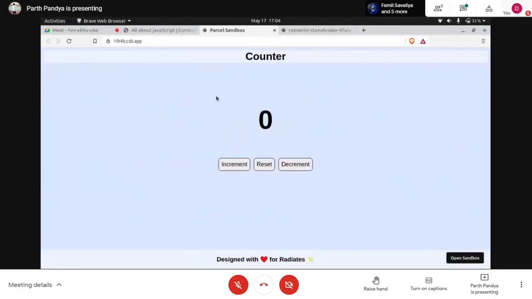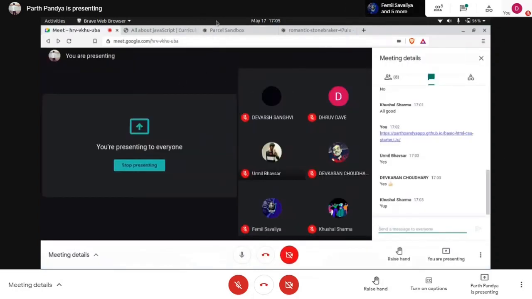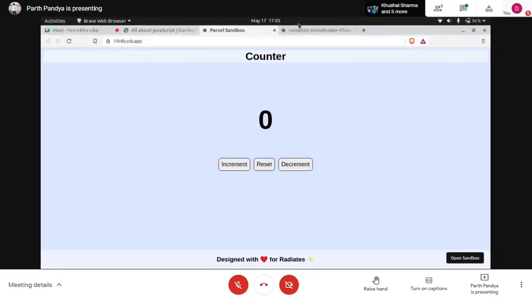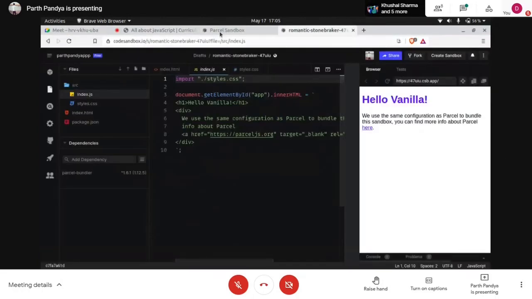We have basically designed this with CSS and HTML. We have structured the page, and what we are going to do, we have the three buttons. Upon clicking this increment, it should increment with green text. We should get a number incremented with green text. When you decrement it, we want this color to be red, and it should decrement this number. And upon reset, it should be black color, and it should be 0. So now let's jump to the design.